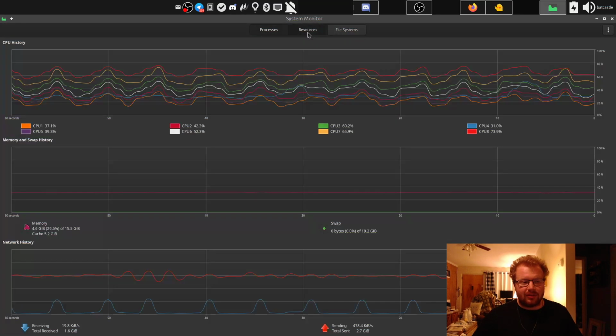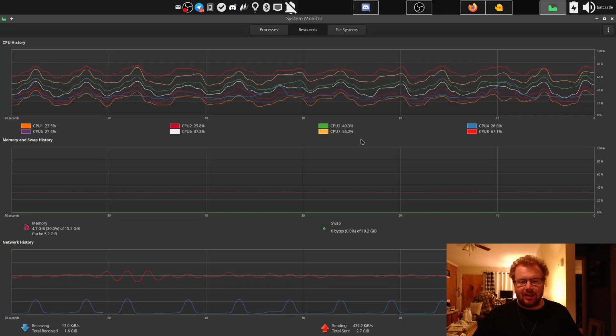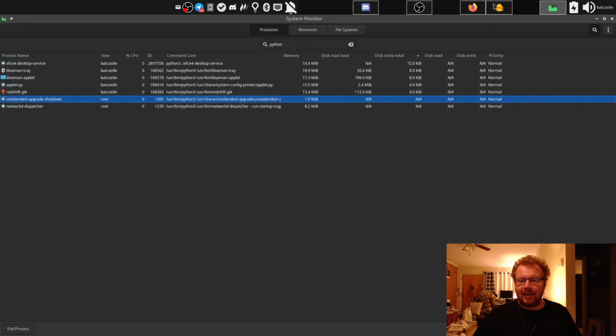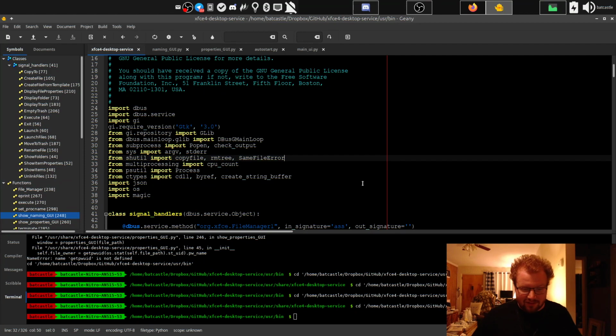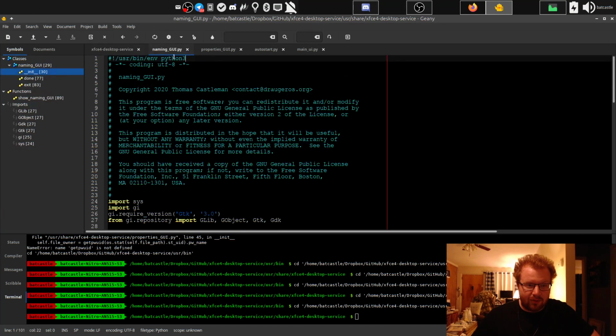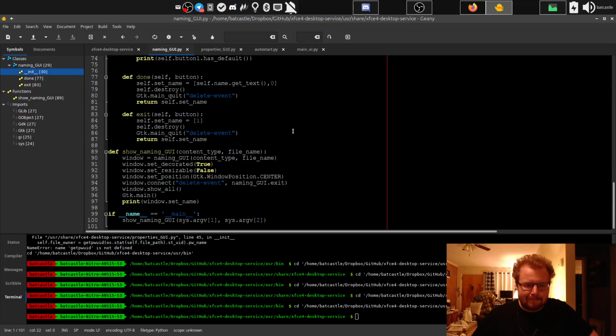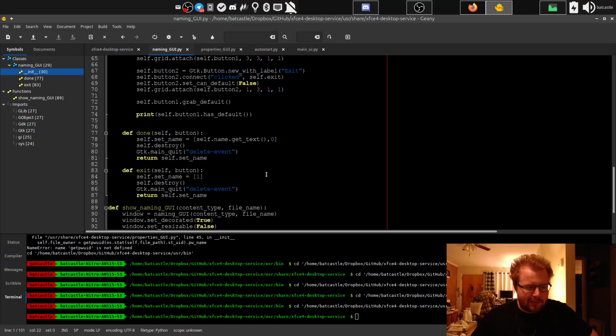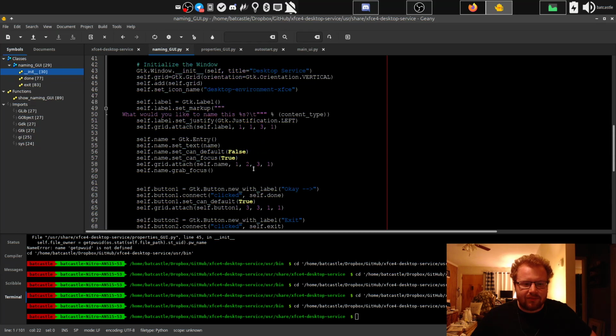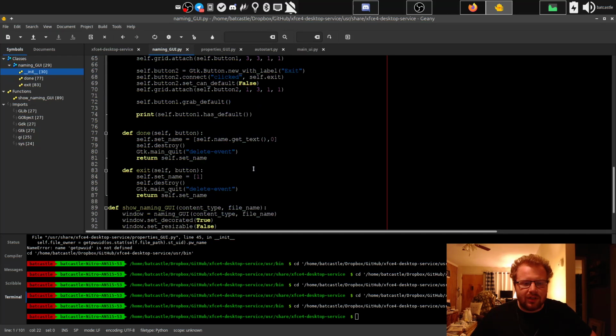Alrighty, but it killed all those. Yeah, my CPU is not happy right now, and I don't care. It can suffer. Alrighty. So we got our properties GUI working. So yeah, I agree. Let's see. So it looks like